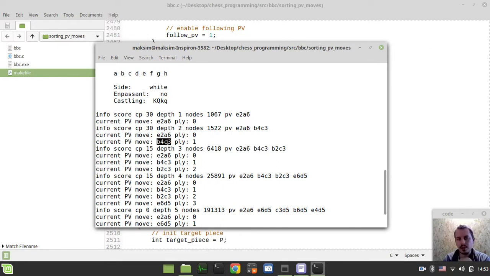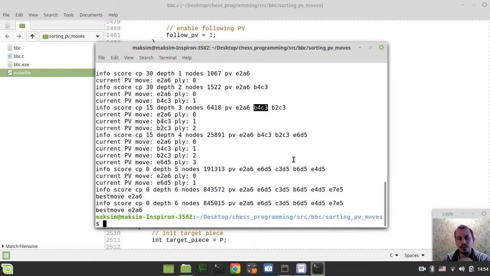But then when it comes to scoring the next ply move, it appears that we already have the best move from the previous iteration, and this means that already at the depth of 3 we would be scoring this move as the first, regardless whether this is a capture or quiet move or whatever. Just because this is the best move from the previous iteration, we would be scoring it first, and so on. So the more nodes we actually have,